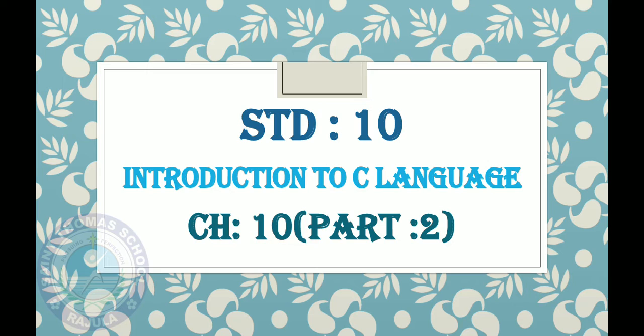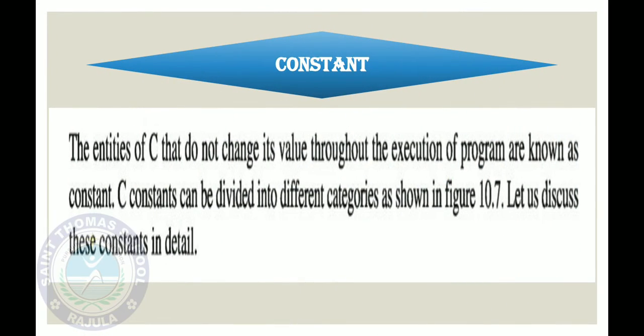The identifier means the name that is defined by the user, and the variable. Variable means the holder of anything that holds something during the whole execution of your program. And the rules to define the variable name, all these things we discussed in our previous session. Today we are going to begin the new session, so first we will begin with the constant.